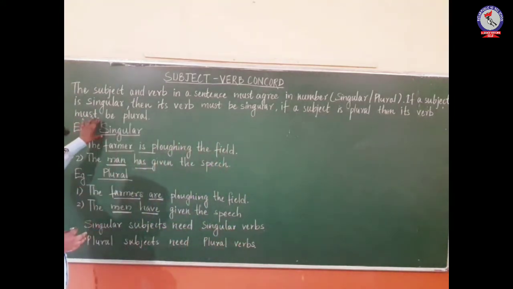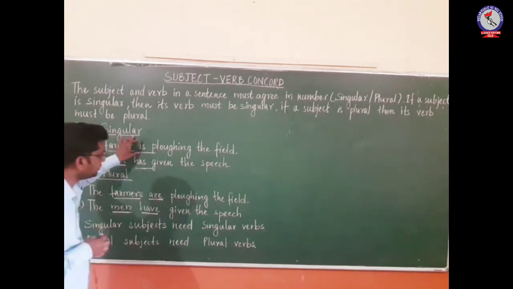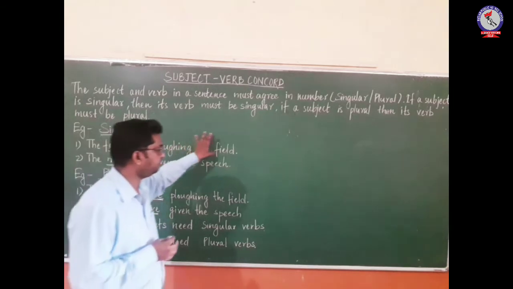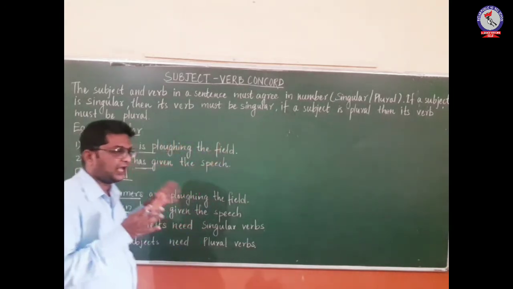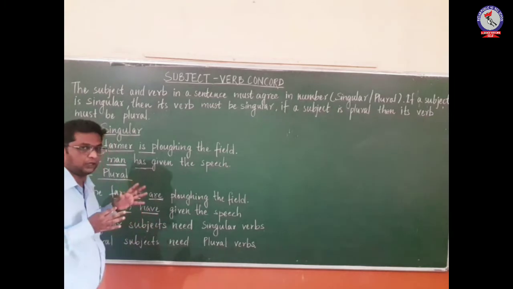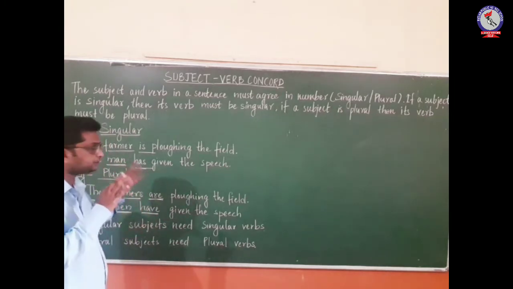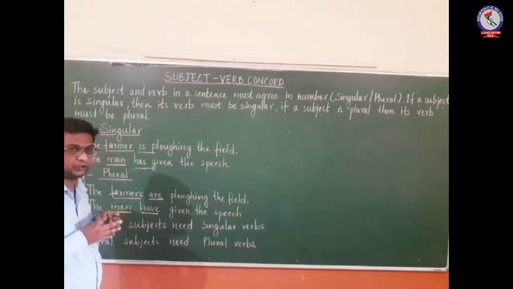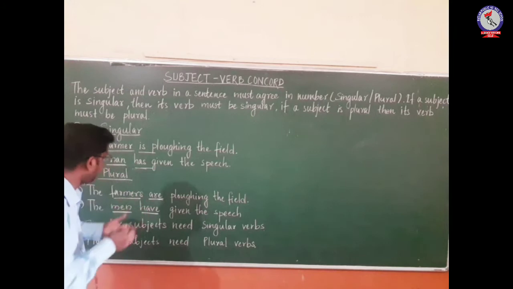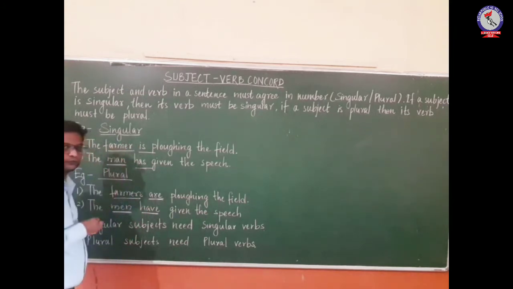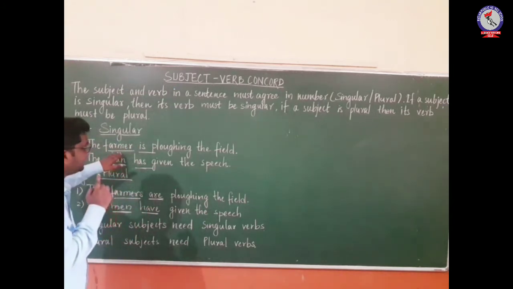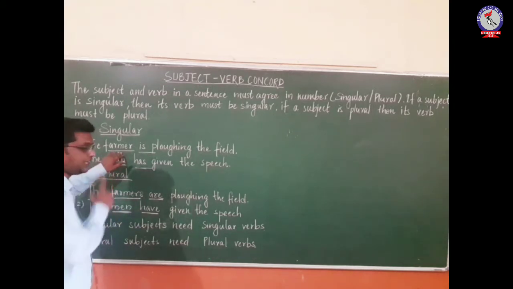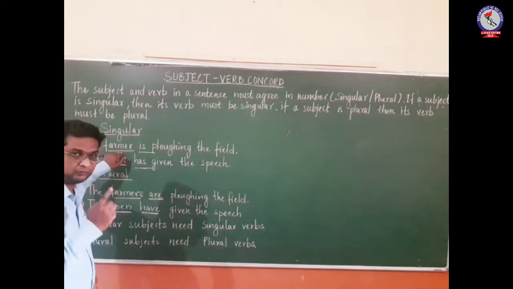Example, singular number. The farmer is plowing the field. Here is an example of singular number. Now, how would you recognize that the subject here is singular? Because there is no S. So it represents there is a single farmer in this sentence. That means it is showing singular number,